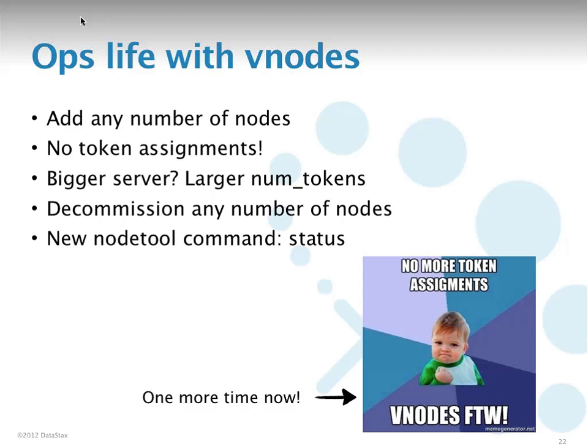And you can have dissimilar sizes too. You can have fewer token ranges on one and more on another if you have dissimilar hardware. So also the decommissioning of nodes, which is just like the adding of nodes. Those of you who are living the good life in Amazon with your elastic load balancing and upshifting, and using auto-scale groups, that's always been almost impossible with Cassandra because you have to assign a token and then make sure it's